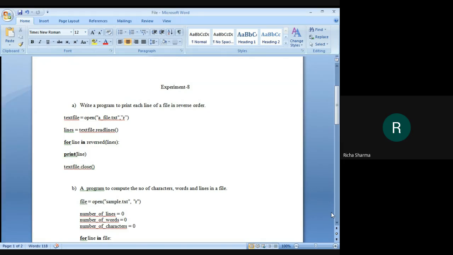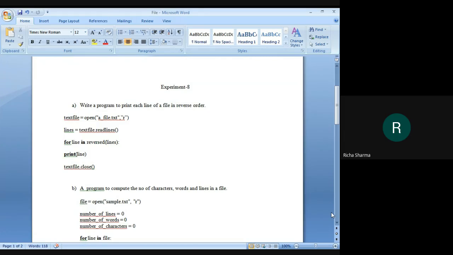Now use a for loop to iterate over this new list. Use file.close to close the file object when finished reading. And we have used this for line for reversing the line, and in the for loop we are printing those reversed lines. After that, at the end, we are closing the file that we have opened earlier as the required operation is done. So here is the code, a simple code using this reversed function. I hope you understand this program. So try this program at your end also, and if there is any doubt, you can ask anytime.